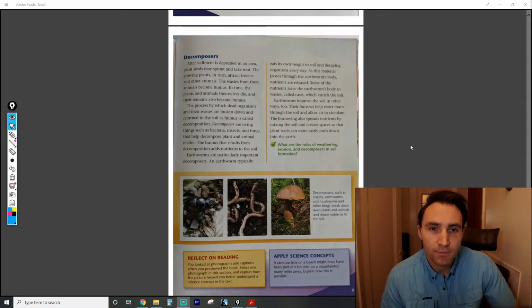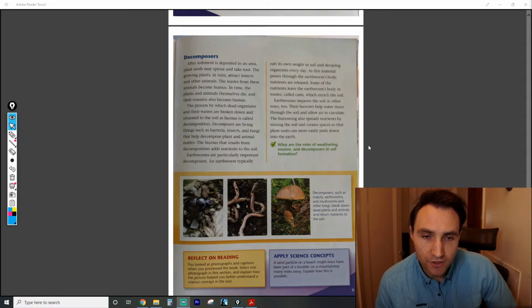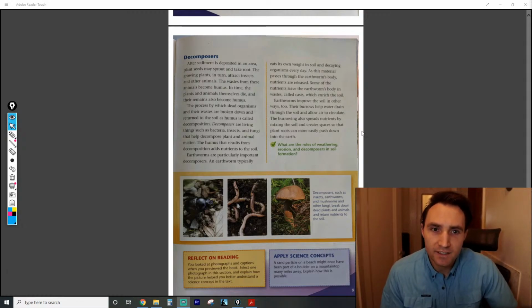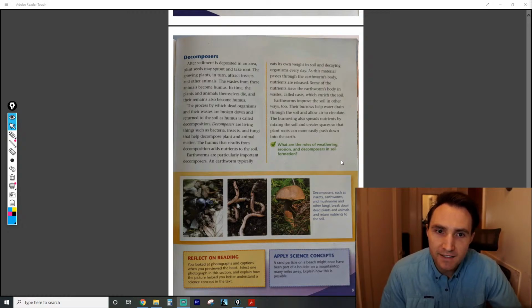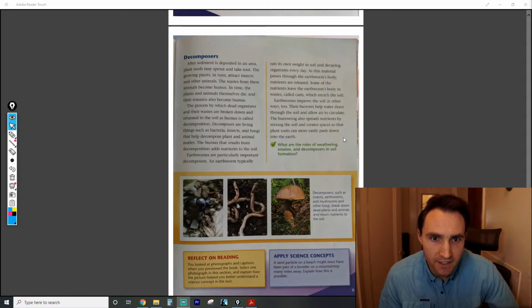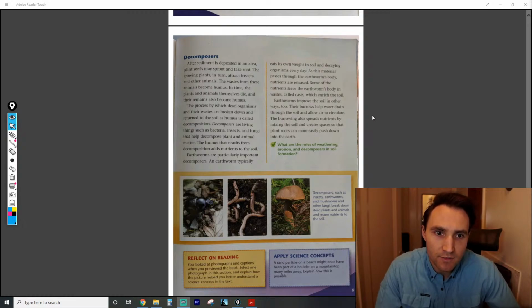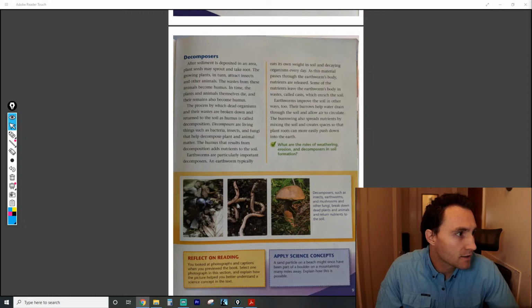All right, so our last page, decomposers. After sediment is deposited in an area, plant seeds may sprout and take root. The growing plants in turn attract insects and other animals. The waste from these animals becomes humus. In time, the plants and animals themselves die, and the remains also become humus. The process by which dead organisms and their waste